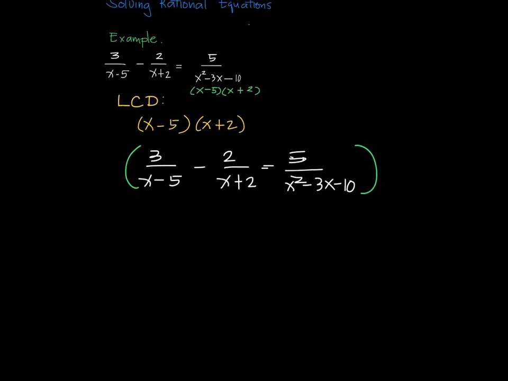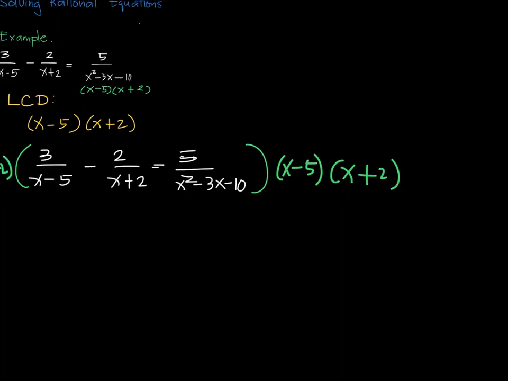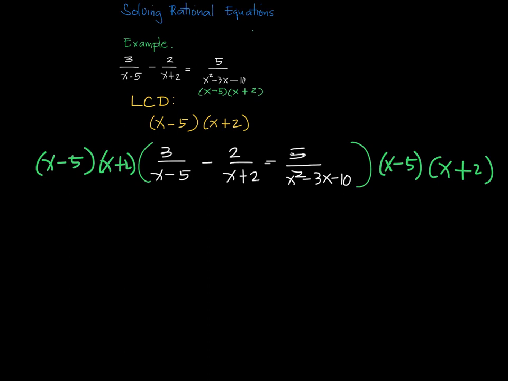So just write x minus 5 and x plus 2, and on the other side, it's also x minus 5 times x plus 2. When you multiply, you are going to distribute this LCD to every term